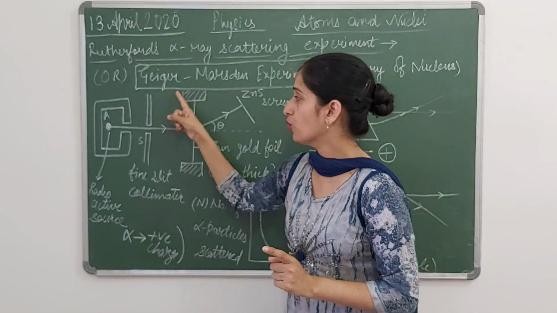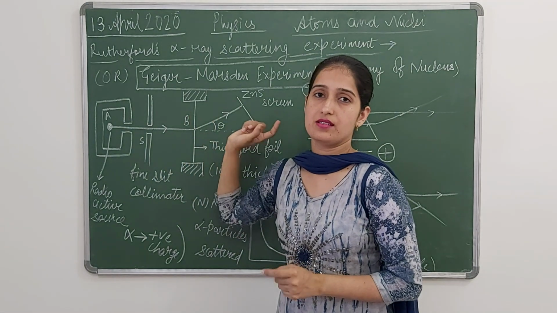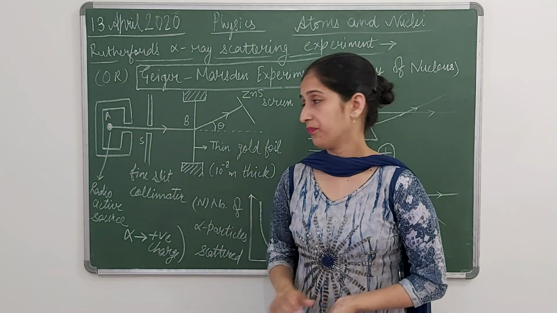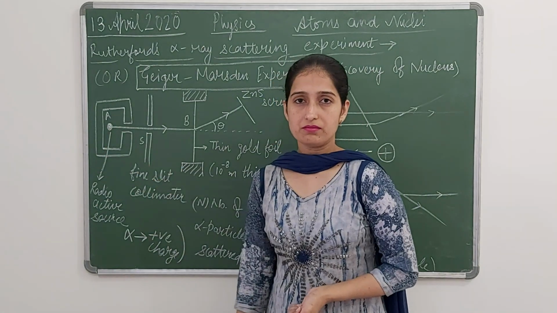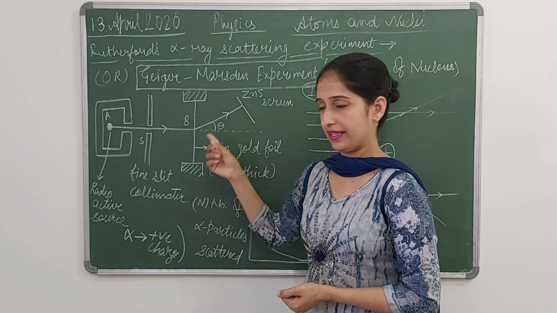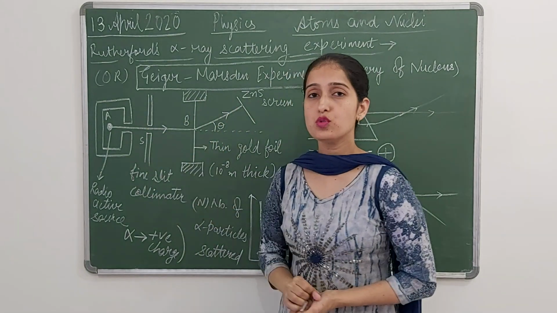They are not going anywhere else. They can move in a single straight line. This one is a radioactive element which is emitting alpha particles. Here we are using the fine